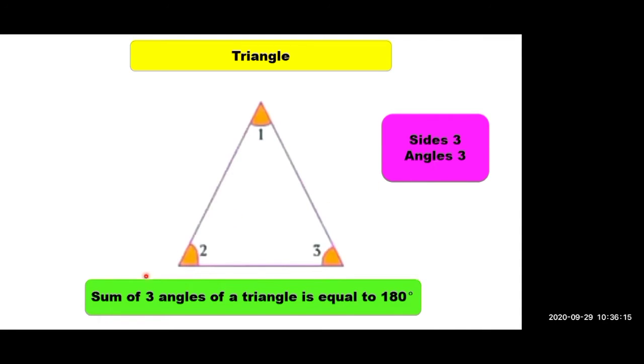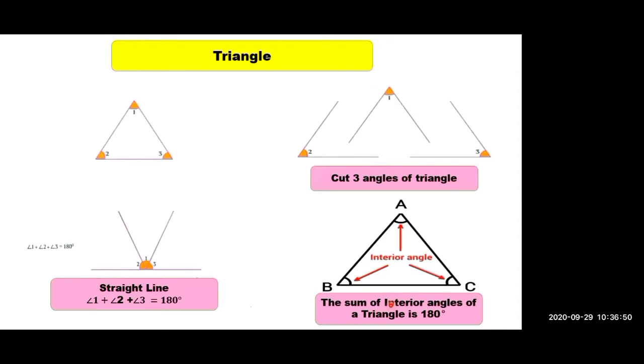Now, as you know that the sum of 3 angles of a triangle is equal to 180 degree. How 180 degree? Why not 90 degree? Why not 360 degree? Why not 0 degree? ये 3 एंगल्स का सम जो ट्रायंगल में होता है वो हमेशा 180 डिग्री ही क्यों होता है? So let me explain through an activity. Okay, children, you can take a screenshot whenever you want.